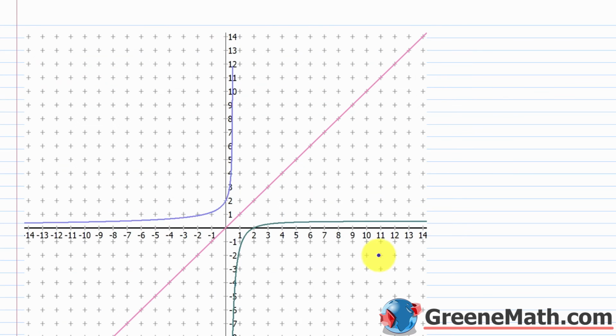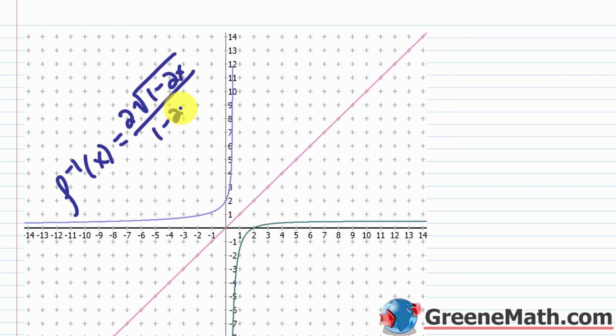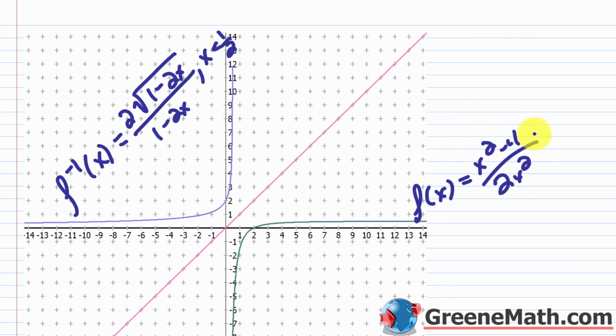Let's go back. We look at these guys on a graph together. Again, this is your f inverse of x, which is 2 times the square root of 1 minus 2x over 1 minus 2x. Again, x is going to be less than 1/2. This is the inverse of this guy, which is your f of x equal to x squared minus 4 over 2x squared, where x is greater than 0. You can see this is the line y equals x. I always do this for comparison. You could take a point like, let's say, 2, 0, reflect it across this line, and you're going to get 0,